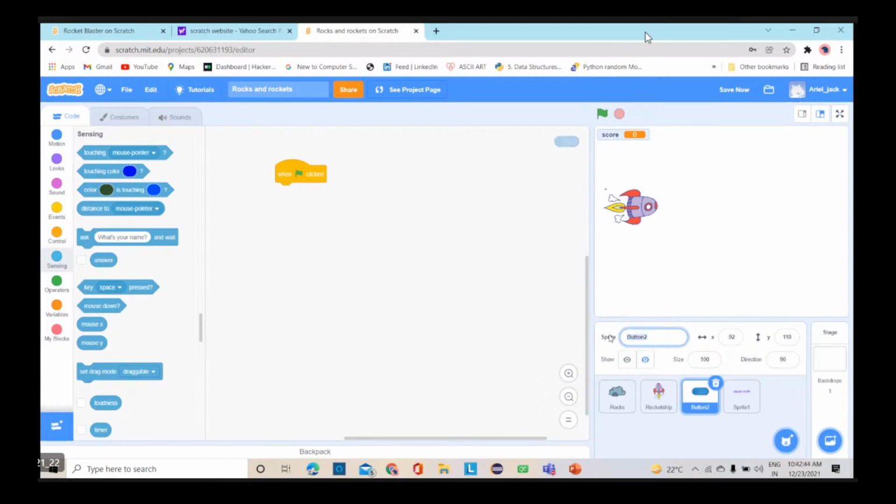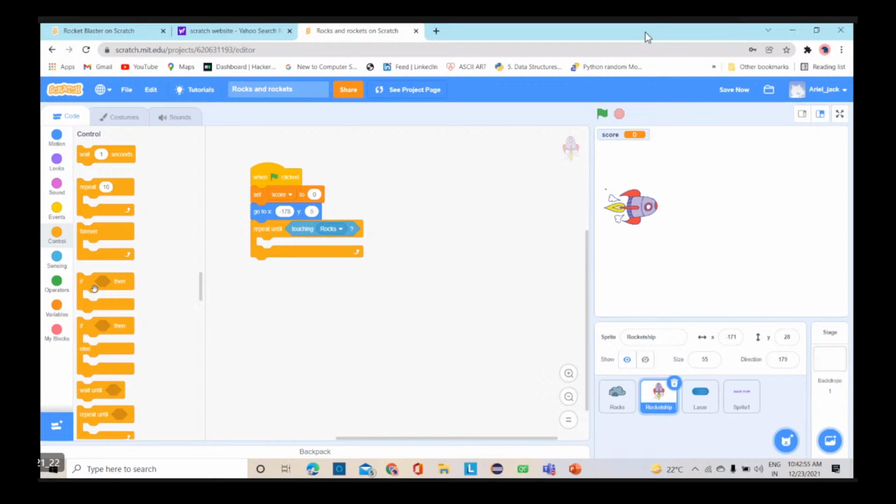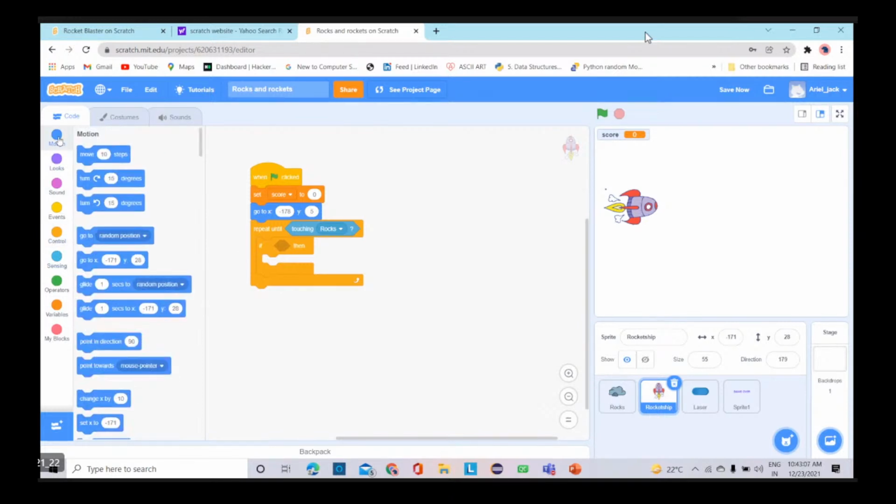Let me rename my button with laser. Yeah. So when it touches the rocks, it has to execute certain things. So I'll use if. So if condition. Now when I click my up arrow, it will move up, right? So let me use that. I hope you are executing, like you're making this with me. I hope. Then